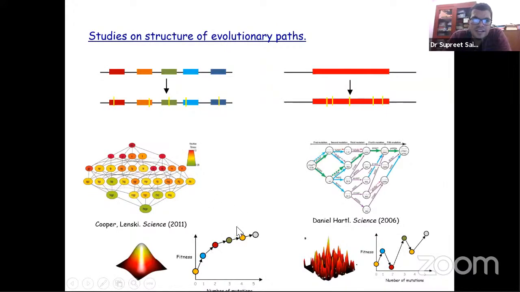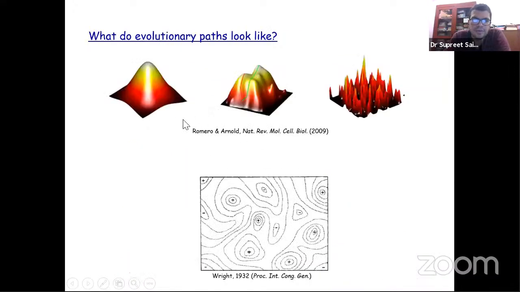So this slide is dense. I don't want to get into the detail, but I just wanted to communicate that theory and experiments are done to understand what is the real nature of the landscape. I mean, the top three, Frances Arnold's pictures, they're just cartoon representations. We don't really know for sure what these structures look like. Theory has given us some insight into it, but really we don't understand what these landscapes look like.